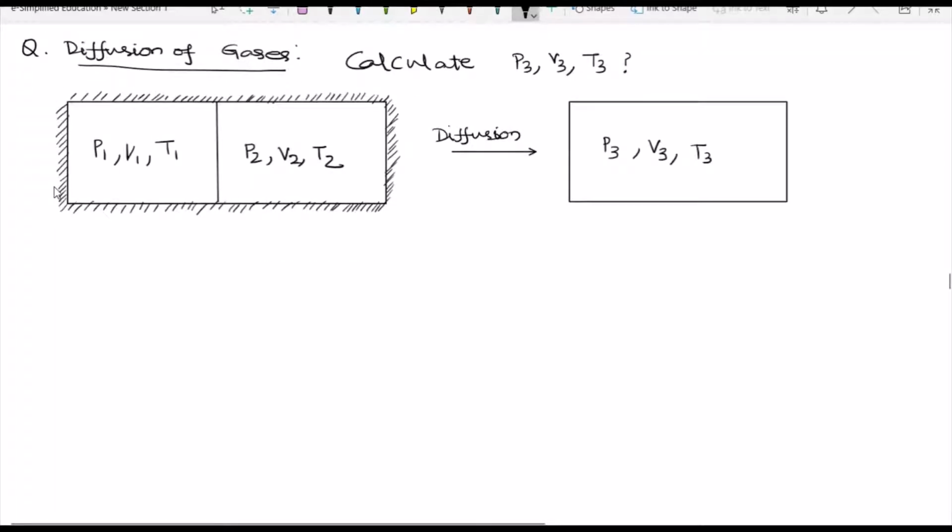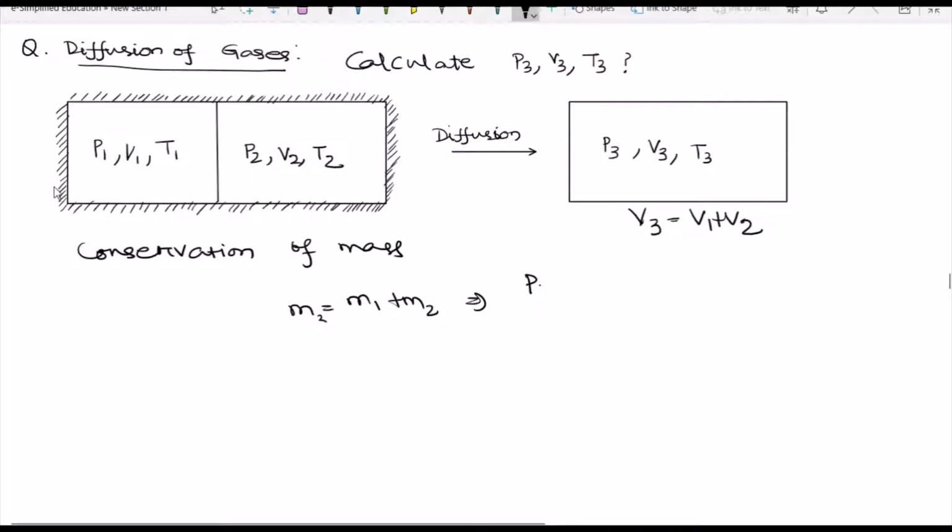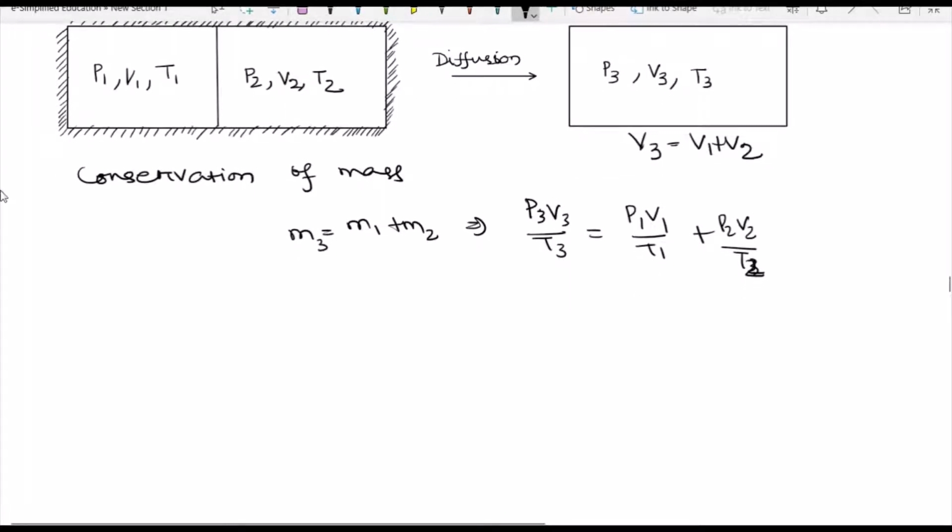So for this, I will apply directly the volume, you know, V3 equal to V1 plus V2. If the partition between these two chambers is removed, then V1 plus V2 will be the final volume, that is V3. So from conservation of mass, m3 equal to m1 plus m2, that is P3 V3 by T3 equal to P1 V1 by T1 plus P2 V2 by T2. This is the thing. And from conservation of energy,